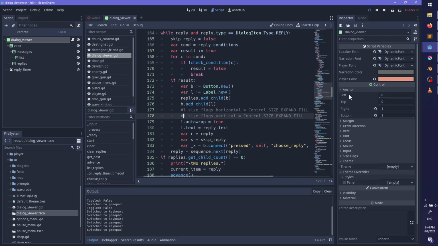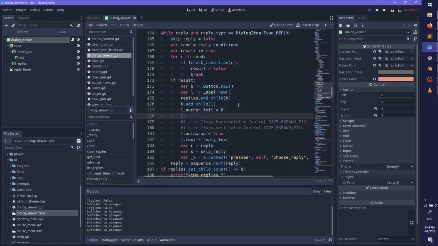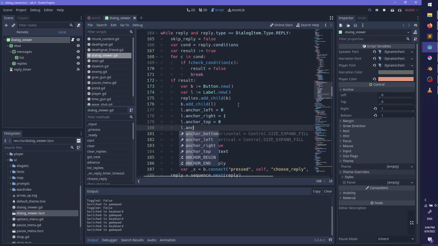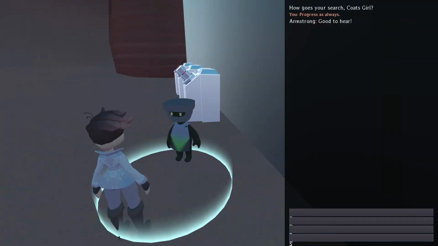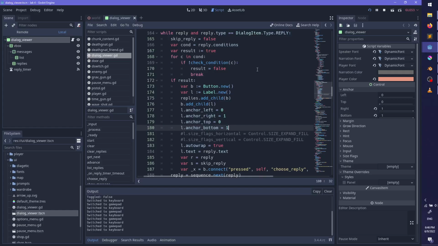Is it the anchors? Maybe it's like, hold on. Anchor left equals 0. Alright, that starts to help. Though now there's just the problem of it not having the right text.